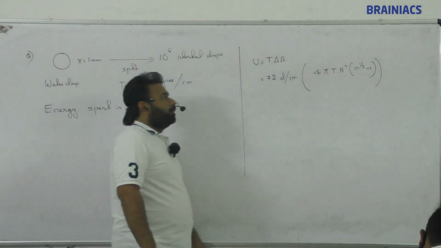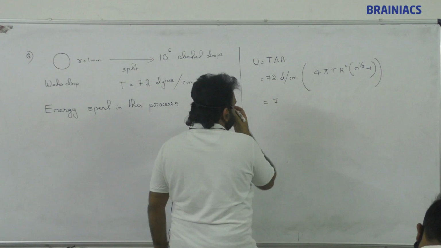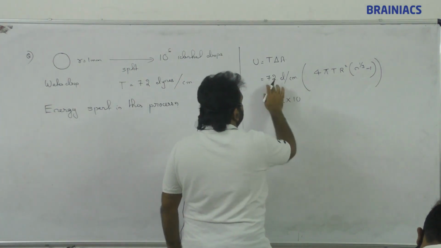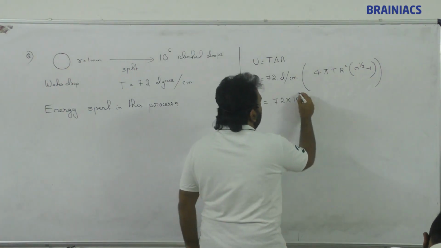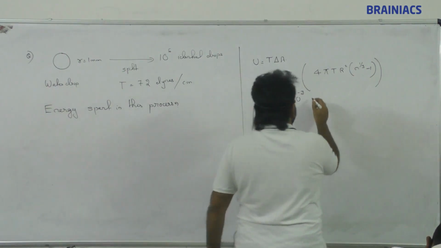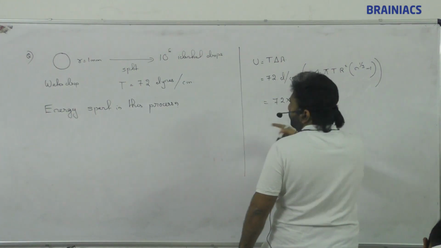Okay, got the answer. So 72 dyne per centimeter, we will convert into Newton, so 72 into 10 raised to minus 3, and this is going to be 4 pi into